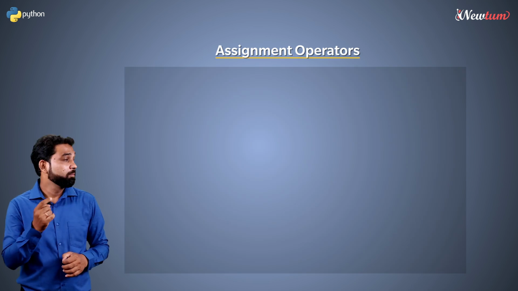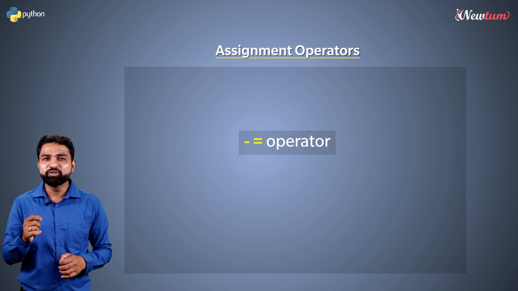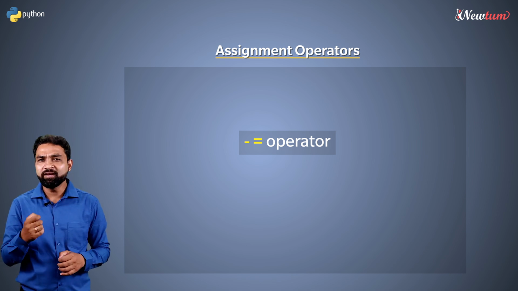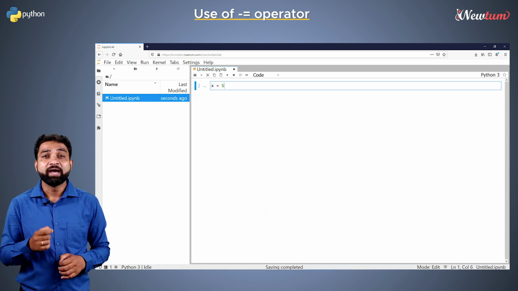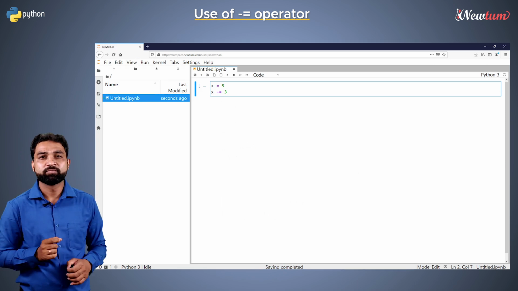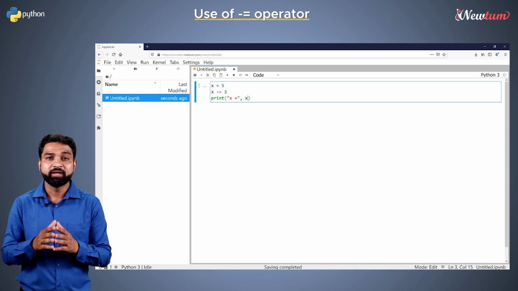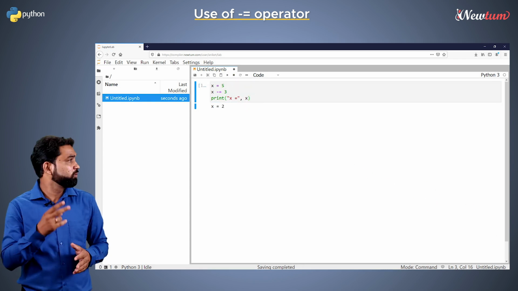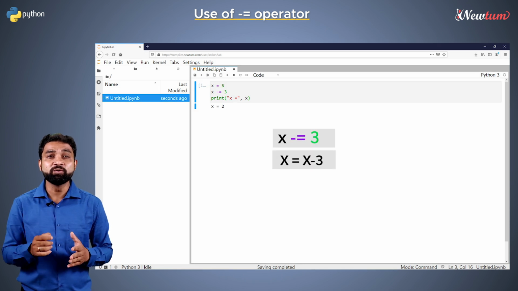Now, we will try minus equal to assignment operator. This is very simple. I guess you already understood the meaning. Still, we will write a small program. We will write x equal to 5 and then x minus equal to 3 like this. We will print the value using the print statement. Well, execute the code and we got the output 2, which means it is same as x equal to x